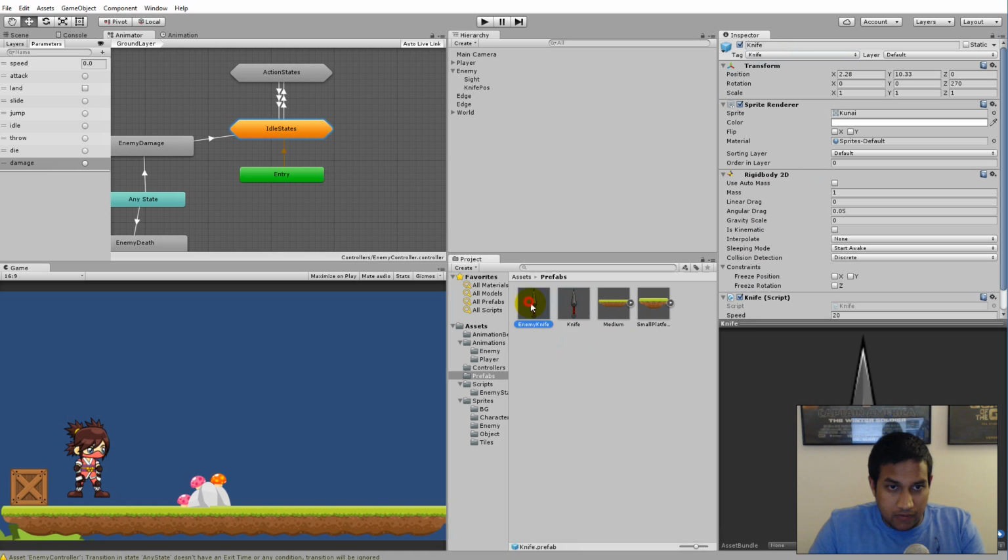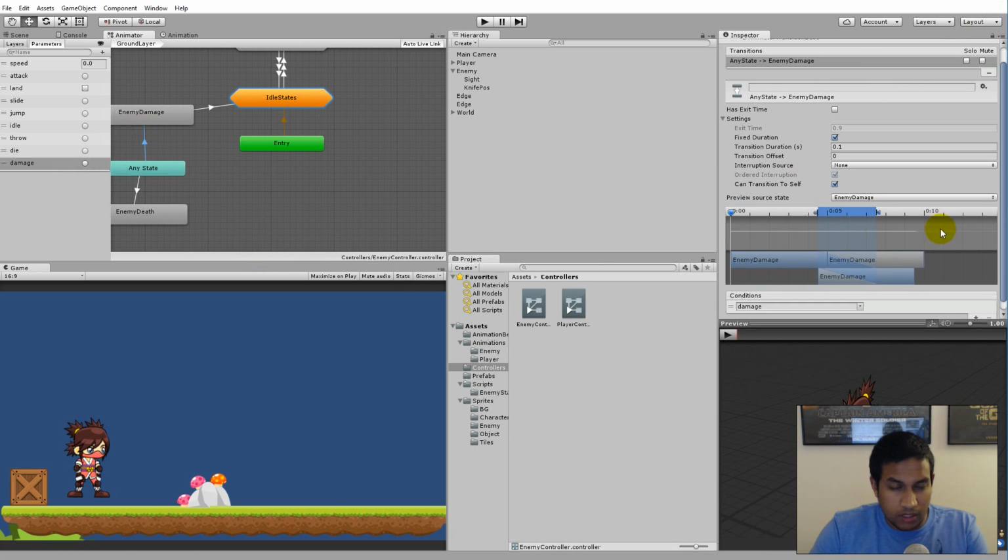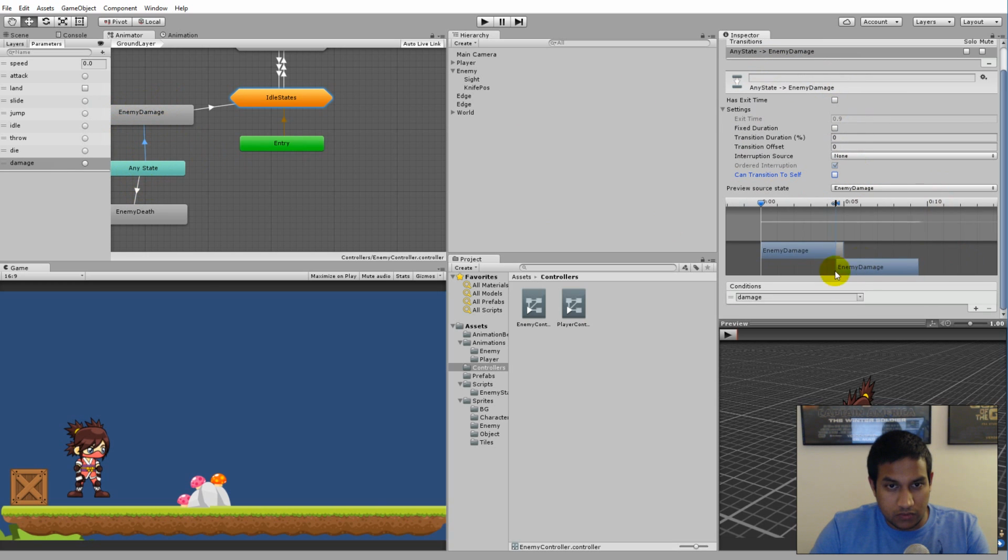Yes, so now we have set up our tags and we should be able to recognize these when we take some damage. And I think I also just noticed if I click on my enemy damage here, see that I forgot to remove everything here. So of course it also needs to have removed everything from any state into enemy damage. I just forgot to do it. Okay, so where should we begin? I think we should be able to damage the enemy first, and then later we can add the damage functionality